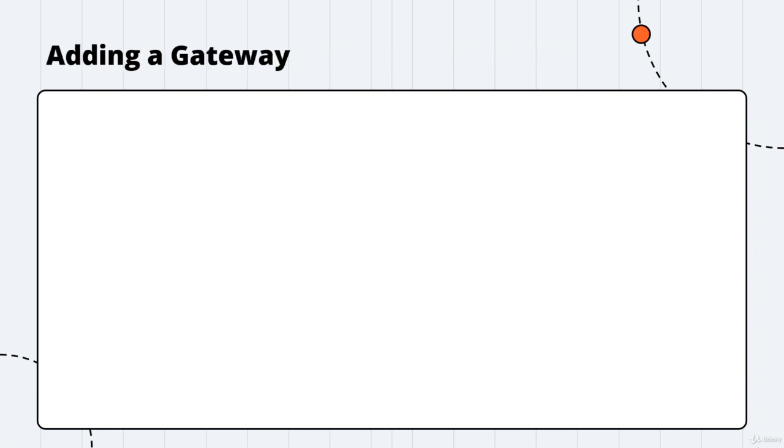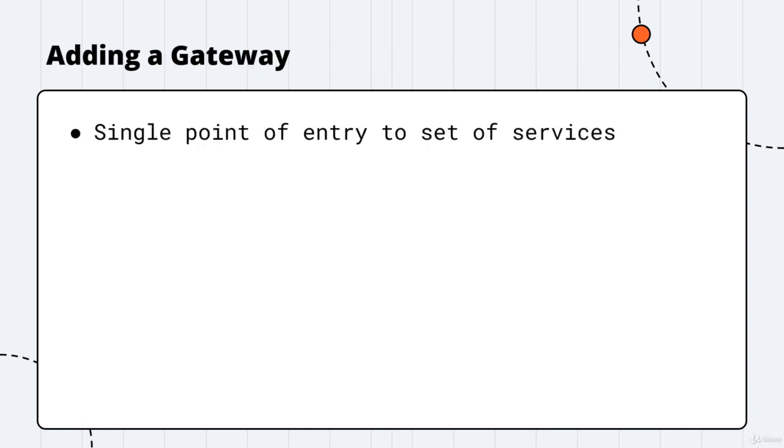The solution to all of them is introducing a gateway. Gateway will be a single point of entry for all the services. What we will bring in is basically a new service that sits in front of our services, providing a single point of entry to the services. It is now basically a controlled access. Only through this service point or entry point can a client application now access our services.